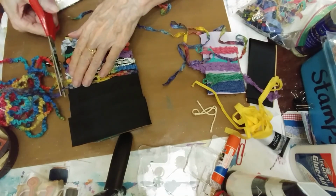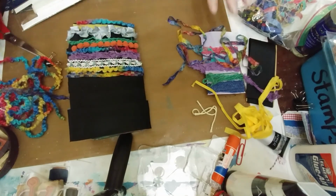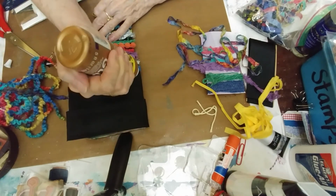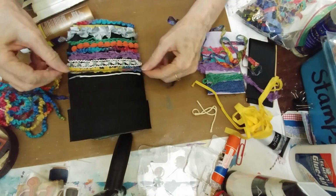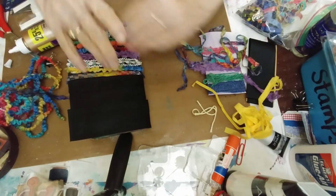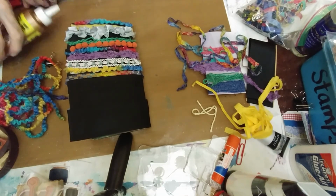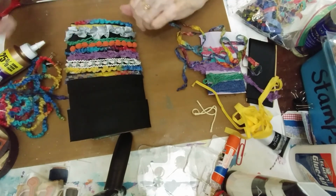And I haven't finished the pages on the inside yet. I want it because, you know, it's going to get real fluffy, and I wanted to get the front cover done before the inside of it got any more fluffy. So I don't want to bore you with this going all the way up. The next time I come on to do more on this Traveler's Notebook, I'll have it done all the way up, and then you'll be able to see